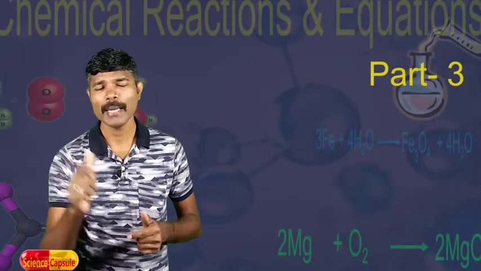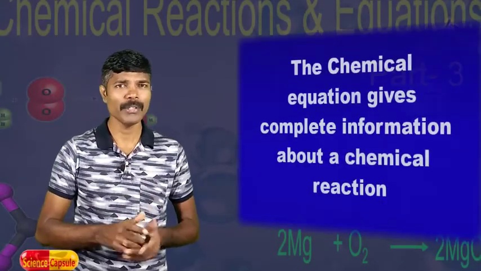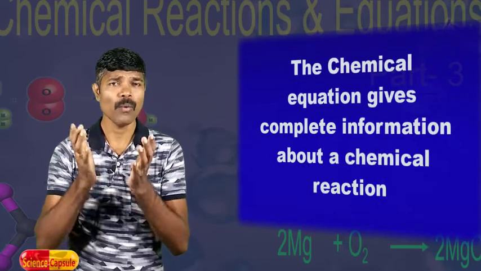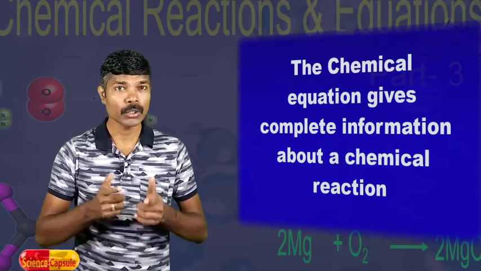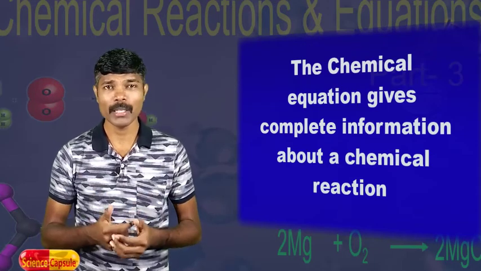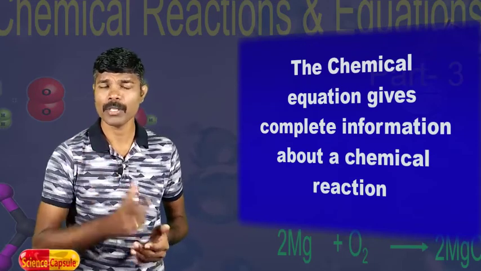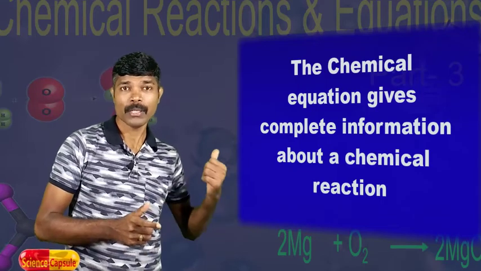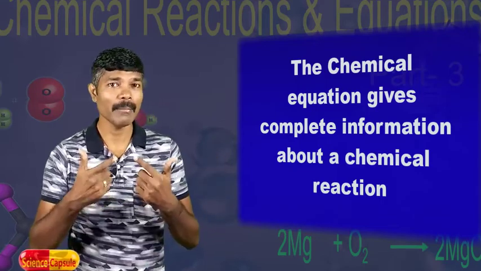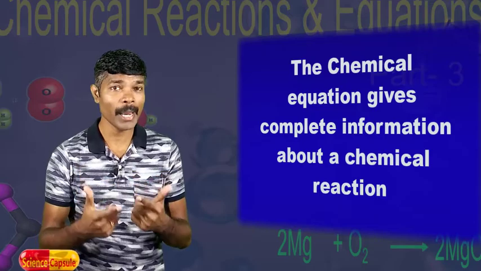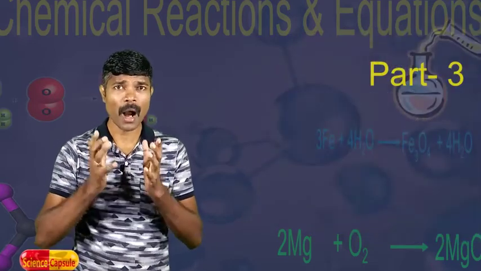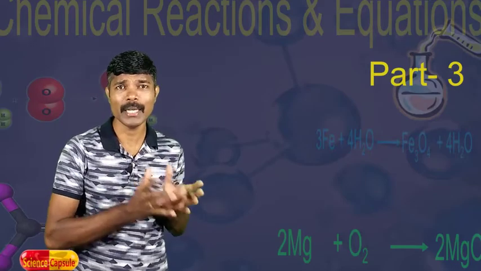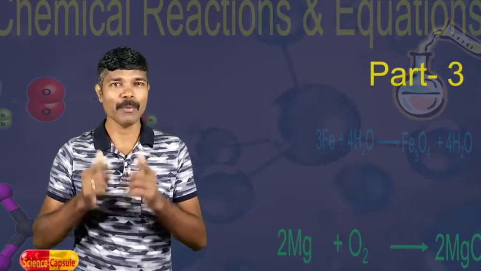Dear students, a chemical equation is the one from which we can clearly understand what is taking place in a chemical change or a chemical reaction. So, knowing about the chemical equation is very important. Now, in the previous section, we have seen that a magnesium ribbon is burnt in air and gives magnesium oxide. It is a chemical change, and how to represent a chemical change in a chemical equation, about that we will learn now.